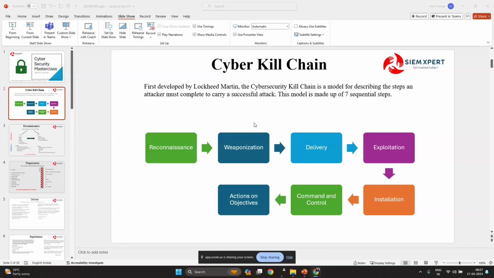Basically it is a model developed by Lockheed Martin, and it helps the security team understand, from an attacker's perspective, what are the steps he or she is going to carry out to accomplish a cyber attack. And it has 7 phases, starting off with recon and then moving to weaponization, delivery, exploitation, installation, command and control, and then the last stage, which is actions and objective. So, in brief,